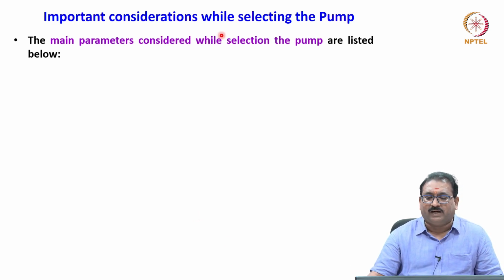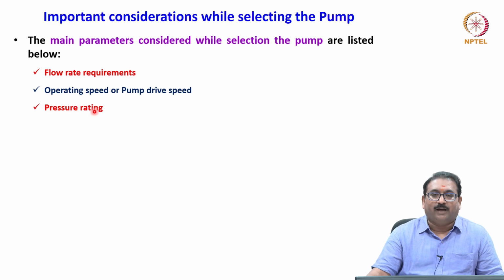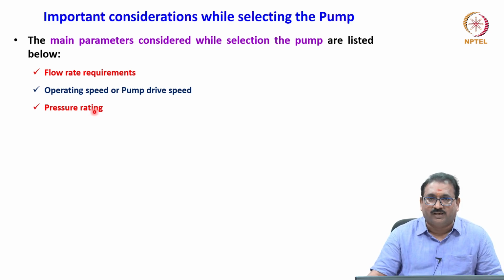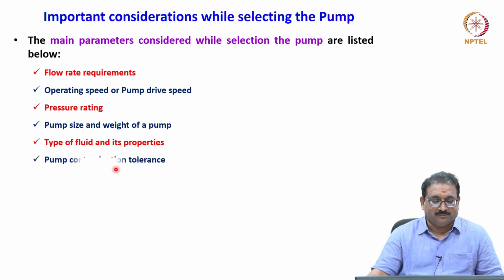Also, the main factors considered while selecting the pump are listed below. Please understand, friend, what is your flow requirement. Based on that, you have to select the pumps. Then operating speed, meaning pump drive speed: what pump drive speed is required. Or pressure rating, which pressure rating you are working at. Pump size and weight of the pump also matter. Type of fluid and its properties. Pump contamination tolerance,